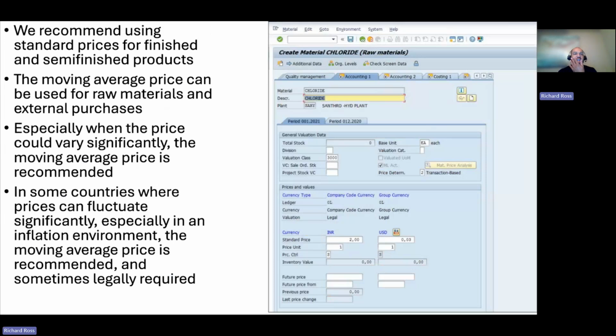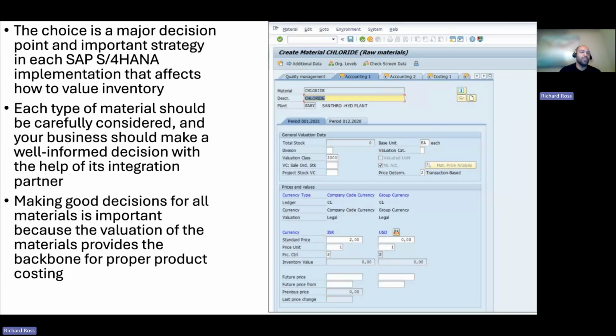We recommend using standard prices for finished and semi-finished products. The moving average price can be used for raw materials and external purchases. Especially when the price could vary significantly, the moving average price is recommended. In some countries where prices can fluctuate significantly, especially in an inflation environment, the moving average price is recommended and sometimes legally required. The choice is a major decision point and important strategy in each SAP S/4HANA implementation that affects